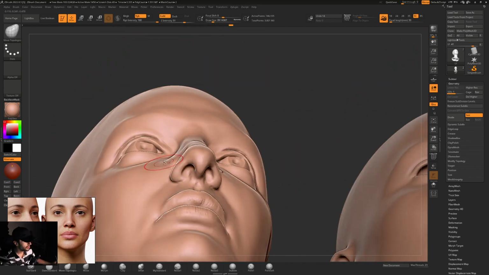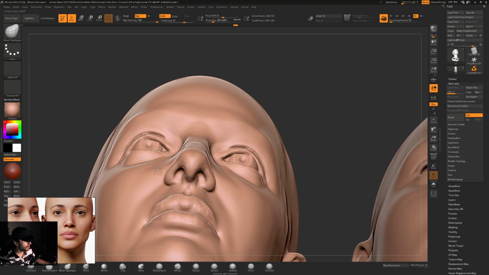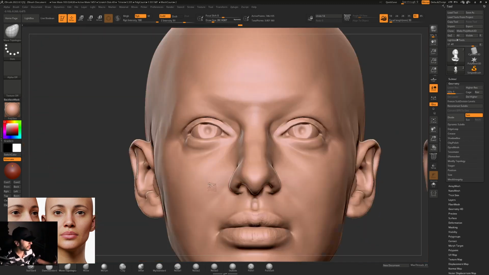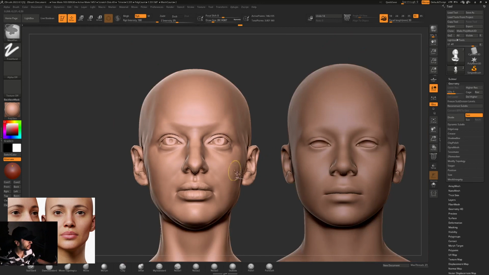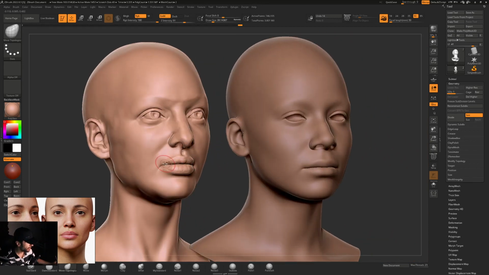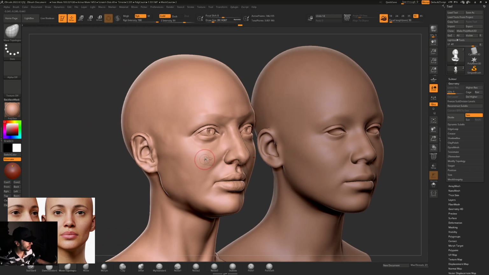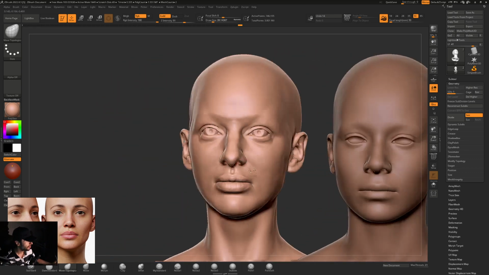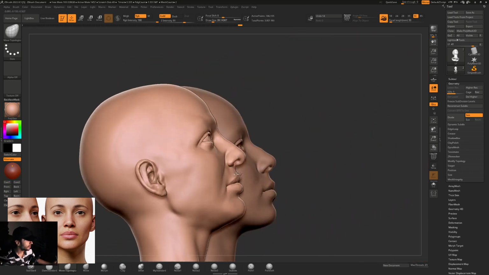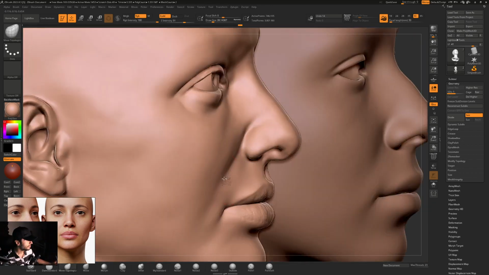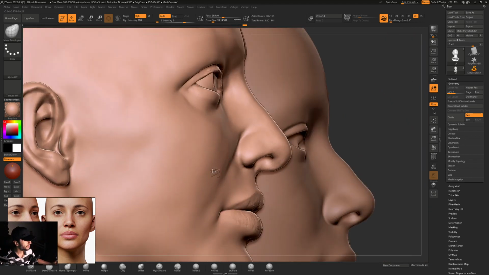We're just smoothing things out. I mean, the details that we have worked on, for example, the nose, the mouth, the ears, they look fine. There's nothing that I can point out, but